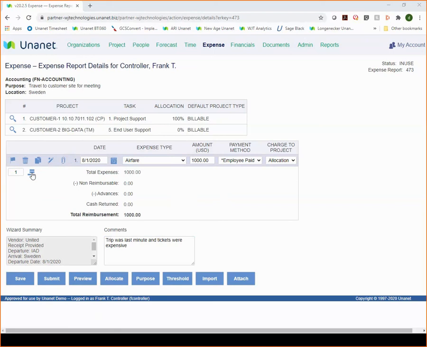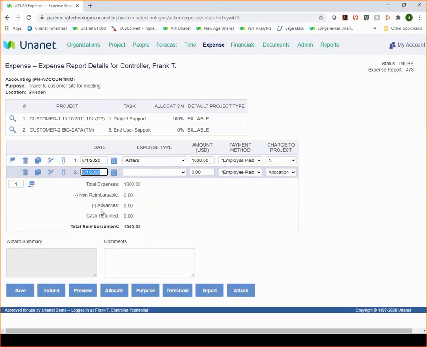If we add another line item, we click this little hamburger thing. So in our allocation, if we're going to allocate this all to project number 1, we just select number 1. If we're going to allocate it all to number 2, we select number 2. So if we go back into our line items,